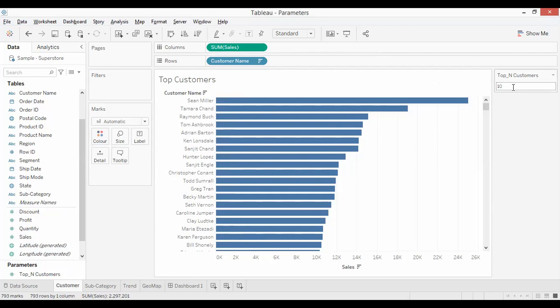It's precisely because we have not linked our parameter to the chart. So for now, what is happening is my parameter and my chart have been created in silo. Parameter is a separate entity, chart is a separate entity. So what I need to do next is create some kind of a connection between these two separate entities. And I'll do this